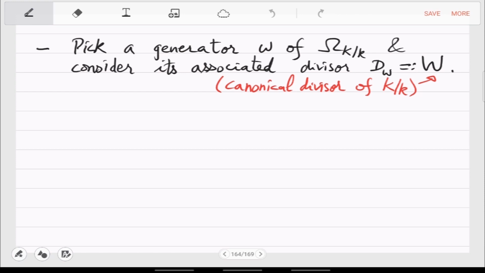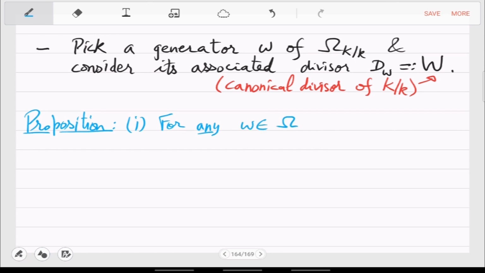So that requires a proposition. In fact, for any omega in the differential space,